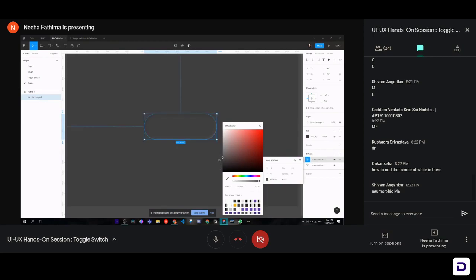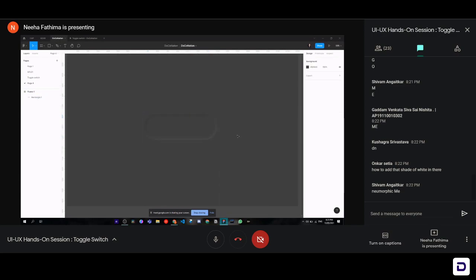So whatever color you're choosing to add the shadow, it's like adding a shadow from the bottom right corner. So light is from here, and it looks as if the color has been imparted from the right side of the screen. And so we will just drag it a little bit and make it a little lighter, not go completely white. Okay, so I hope that clears Onkar's doubt.